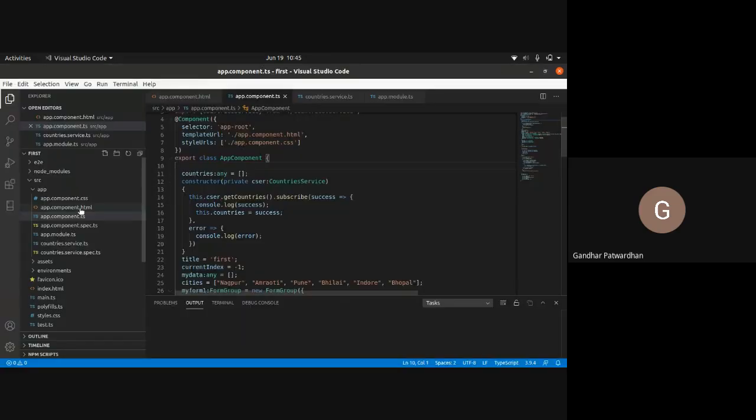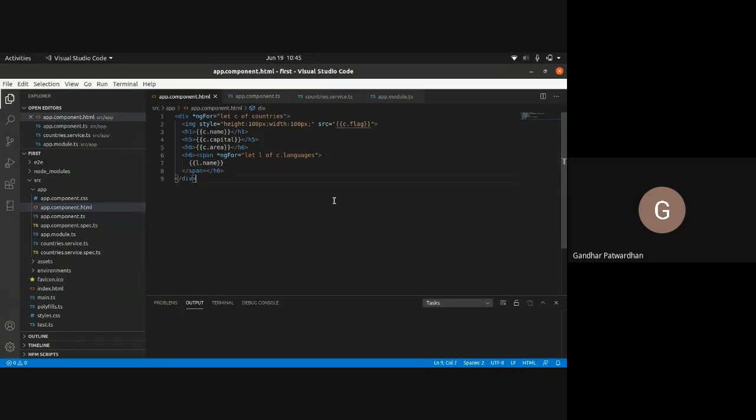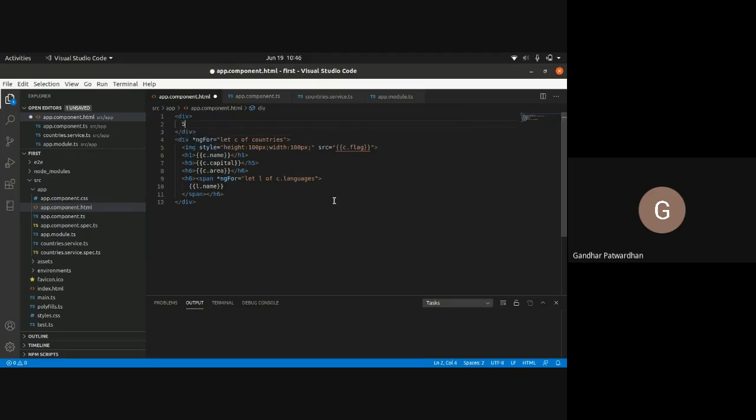The very first thing that we will do is have an input field. I'll go to home, and before I display countries, let me have a div. Then I'll give a label, and inside the label I would say search.